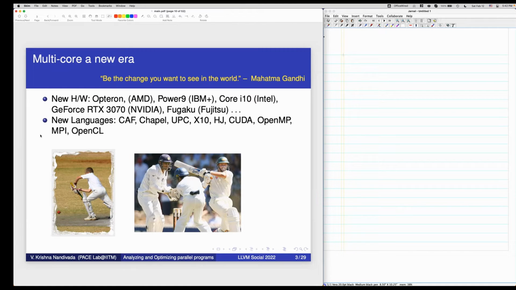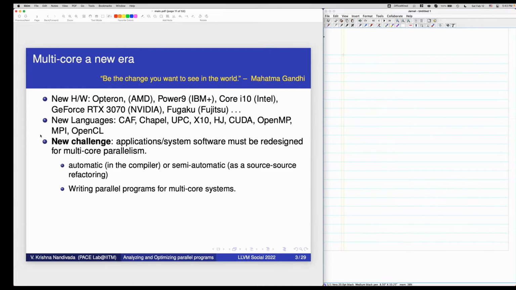If you want to play T20 like test cricket, then your success will be very limited. What's the moral of the story? There are new challenges, and new challenges need new solutions.